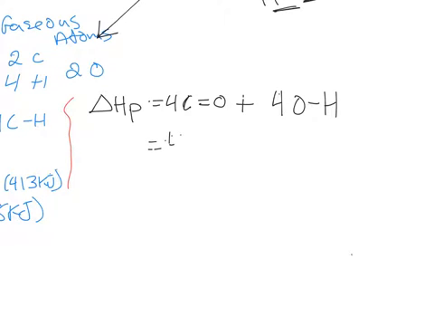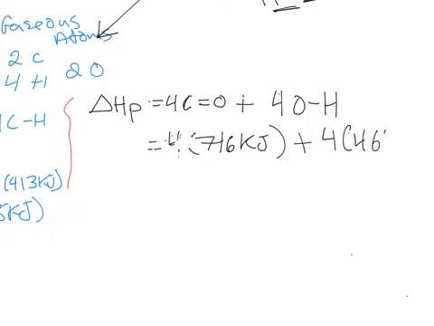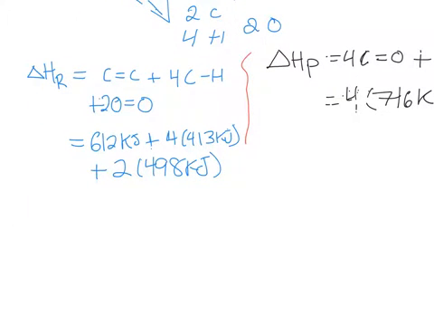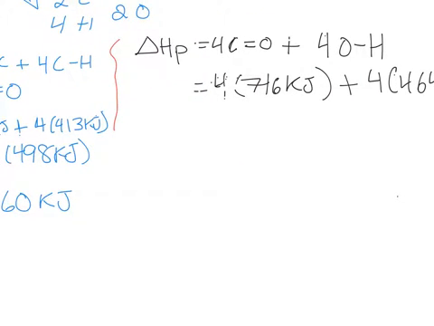So I got 4 times 746 kilojoules plus 4 times OH is 464 kilojoules. So now I'm going to just total it up on either side. So 612 plus 4 times 413 plus 2 times 498. Well, that's going to give me a grand total of 3,260 kilojoules. On the other side, 4 times 746 plus 4 times 464 gives us 4,840 kilojoules. All right, so I've totaled up both my reactants and products and all the energy that's contained within